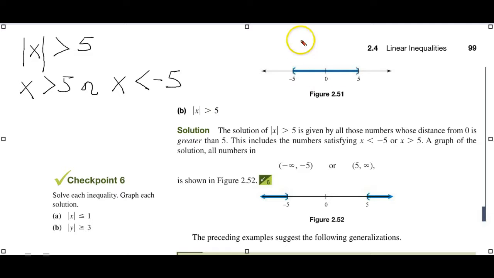So there's the graph of the previous one. X is less than 5. But now we see the absolute value of x is greater than 5. So again, you write it without the absolute sign. Write it without the absolute sign for the next one. Reverse the direction, and it becomes a negative 5. So when you graph this,